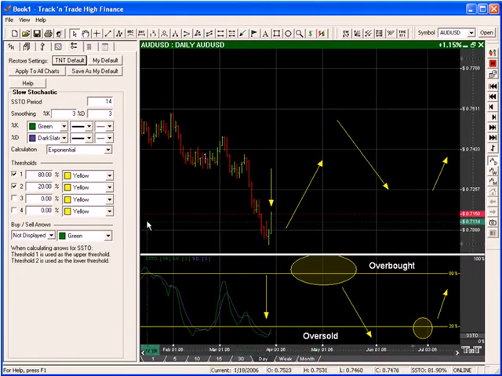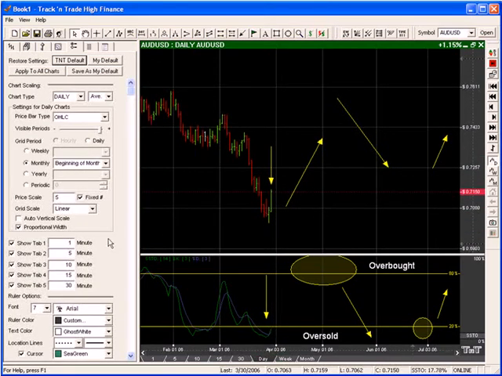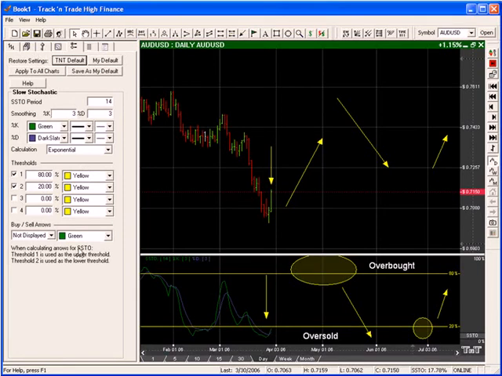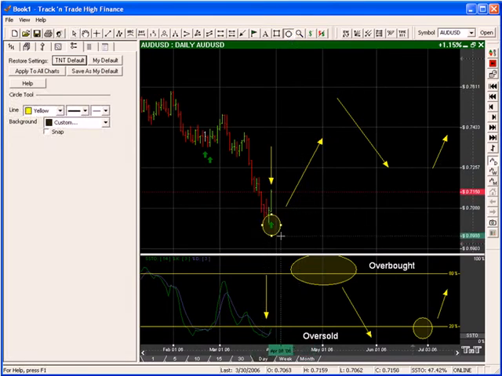So let me come over here though, and I'll show you in Track and Trade. We actually, when those two lines cross down below the 20%, we're gonna pop a little arrow up on the chart for you so you can see that. And that's over here in the stochastic settings. You can come down here and see where it says buy sell arrows. Right now it currently says not displayed. But if we come in here and we say, okay, now they're displayed, you'll notice that we now have a little arrow. And this little arrow indicated that we had a crossover of the blue and green lines down here in the oversold region. Now notice up here that we got two arrows.